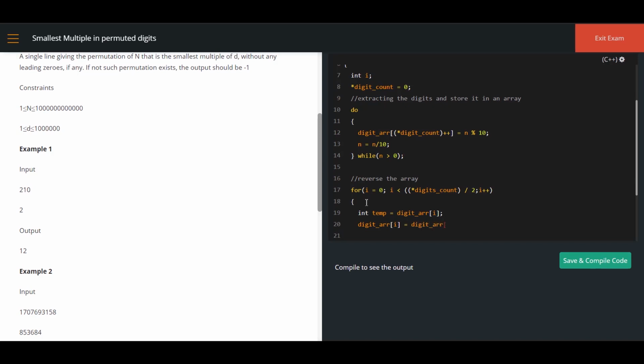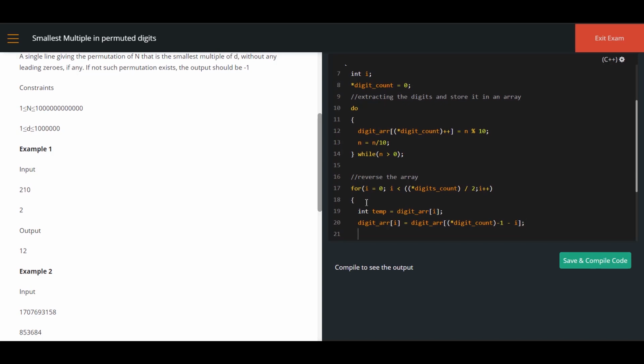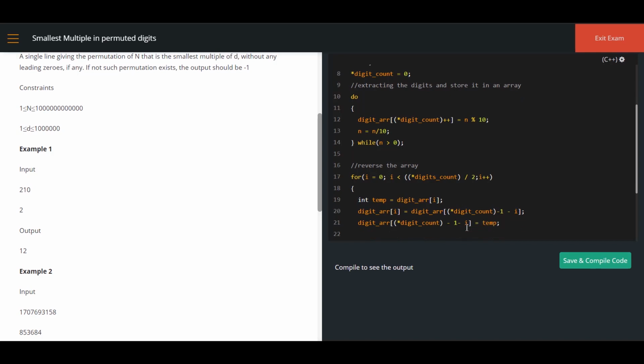How to go for the last element? digit_count minus 1 will give me the last value, because the index value of an array always starts with 0, minus i. Each and every time I have to reduce the digits. Then digit_arr of digit_count minus 1 minus i is equal to temp. That's all.